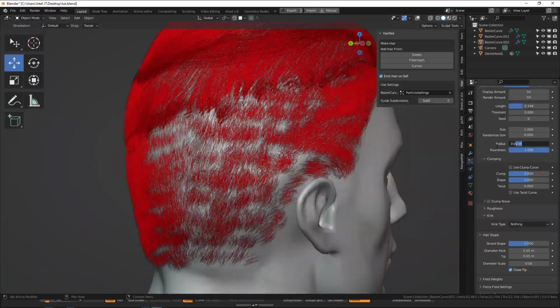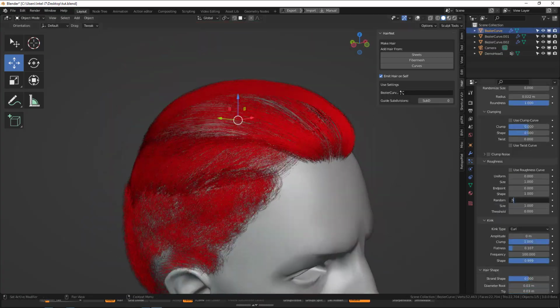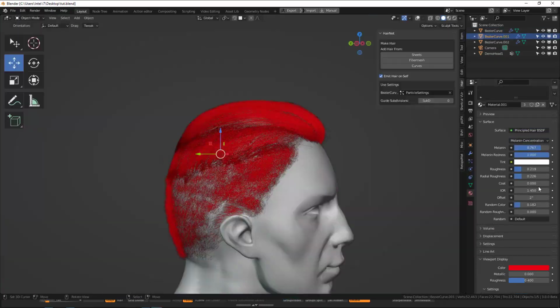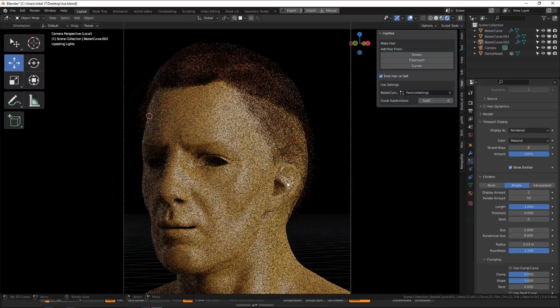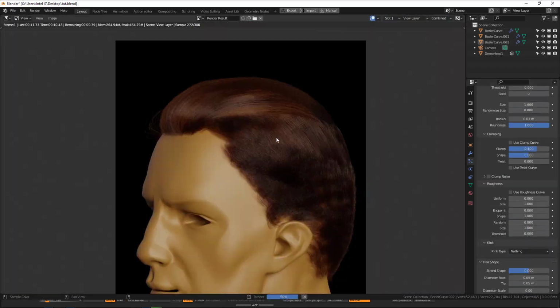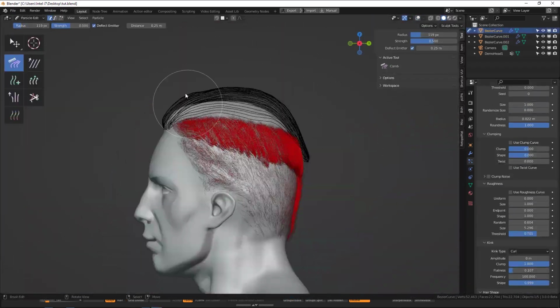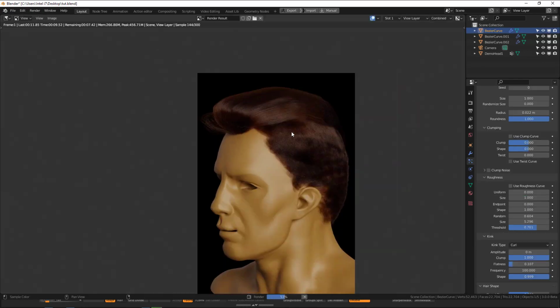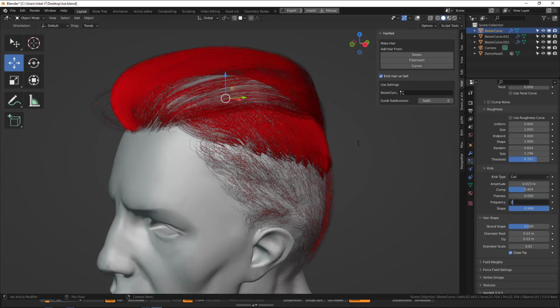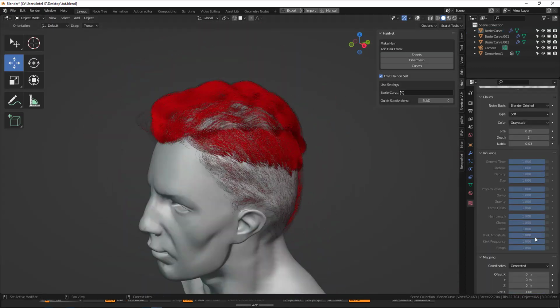In this video, I will be showing you how to generate hair particles from curves. In my previous video from last week, we covered using a free add-on called Hairnet to generate a coily hairstyle from curves. But I'm going to be showing you how you can draw out a hairstyle and have a very